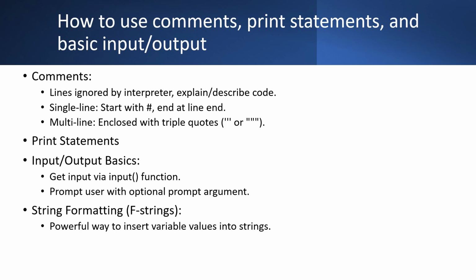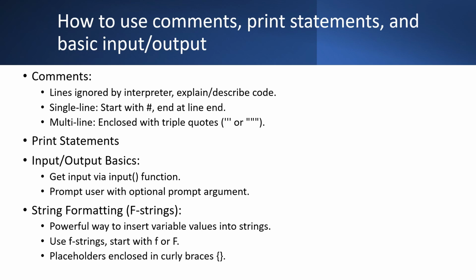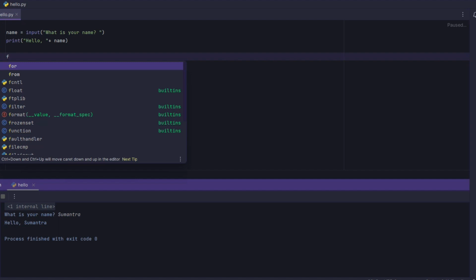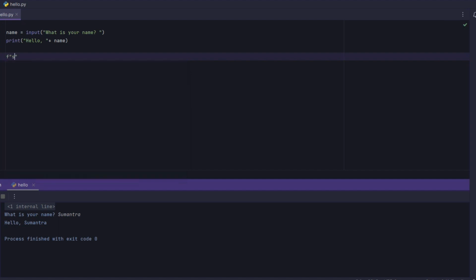String formatting is a feature that allows us to insert values of variables into placeholders in a string template. There are different ways to do string formatting in Python, but one of the most common and modern ways is f-strings, which are strings that start with an f or capital F prefix and have curly braces around the placeholders. The syntax of an f-string is we'll have a small f or capital F first, and then we'll have the string template